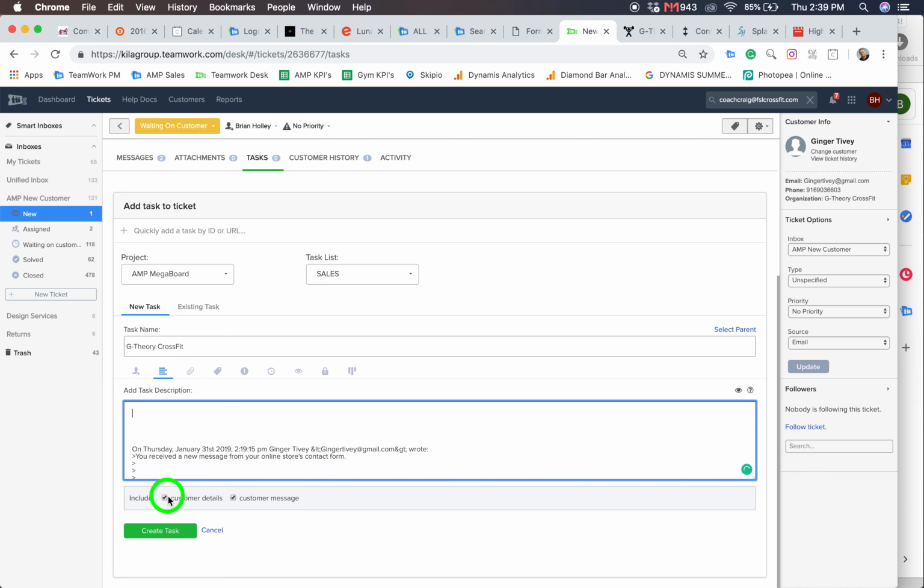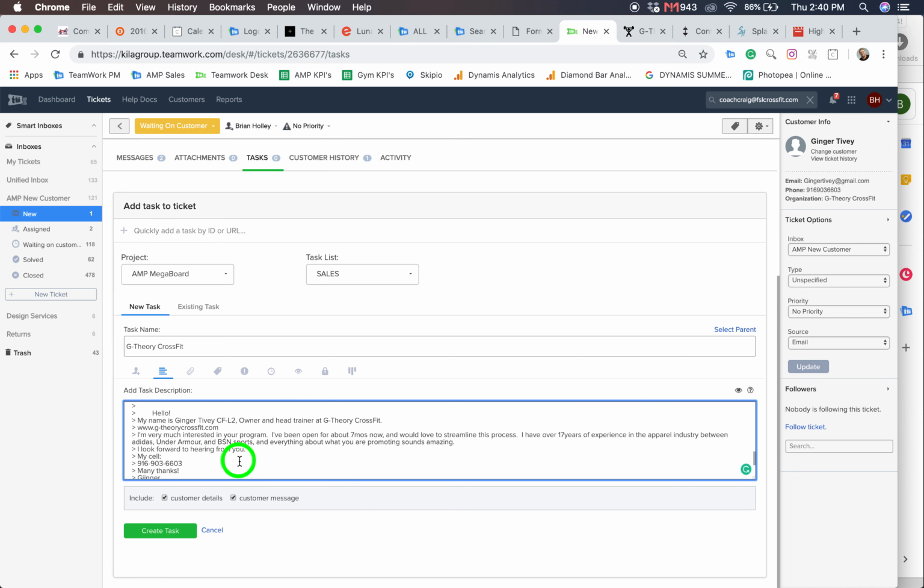We want to make sure that we include customer details and customer message. Once you do this a couple times, these settings will automatically be set to include this, but it's always good to go through and make sure that we're including that, all the messages under the ticket. All right, so when it's in Teamwork and not in Desk, we'll be able to have easy access to this under the description. Tag,